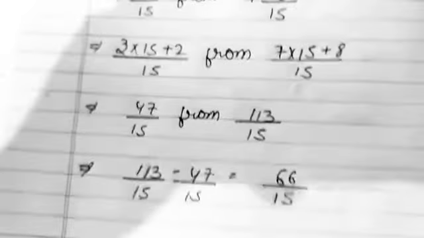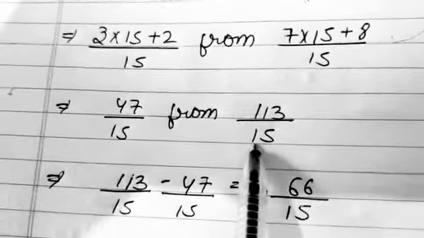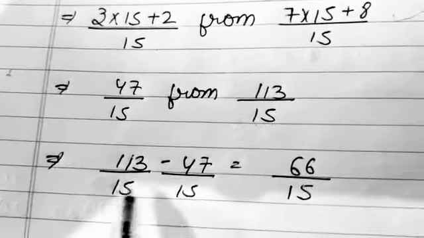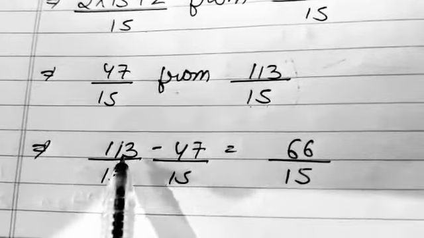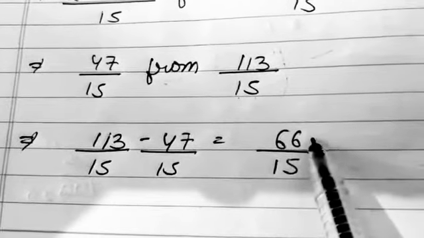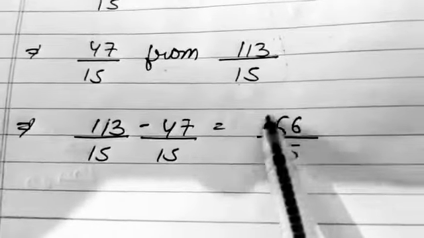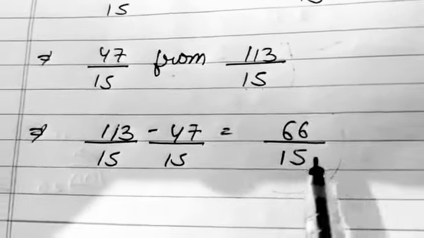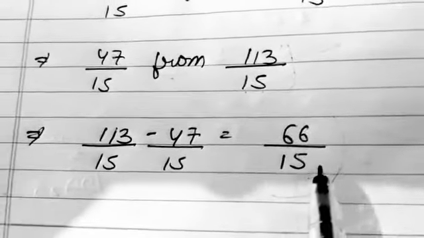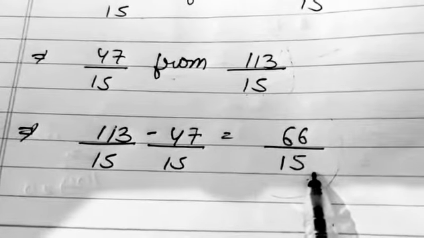Now when you solve this, you will get the improper one. Now you just minus, since this is from, that means this number is bigger and this number is smaller. Now when you minus this, the answer will be 66 upon 15. But if you remember, in class 4th we have done, we never leave a fraction like this. We will always reduce it to the lowest term, even if it is written or it is not written.